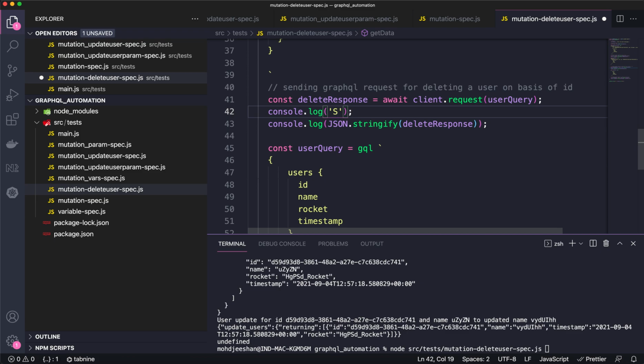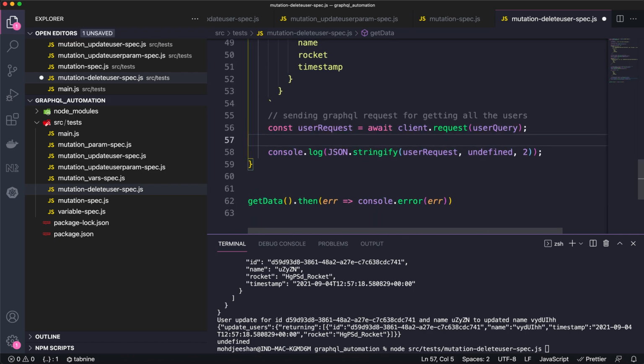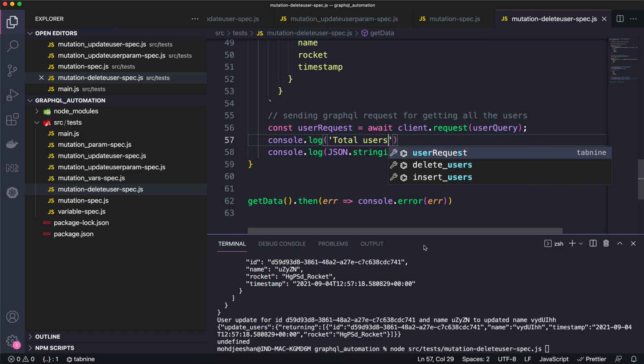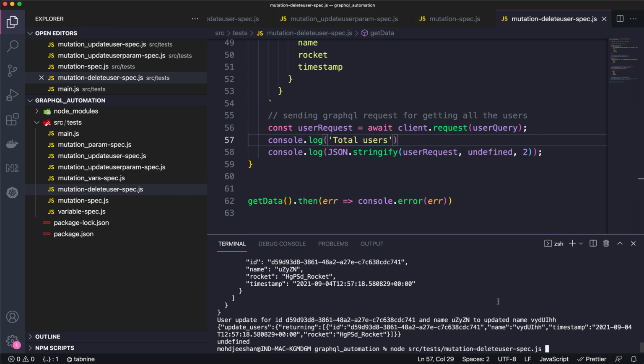Saying that user deleted. Okay, so at this point I can do a console.log of total users, right? So now I will just execute this piece of code now.